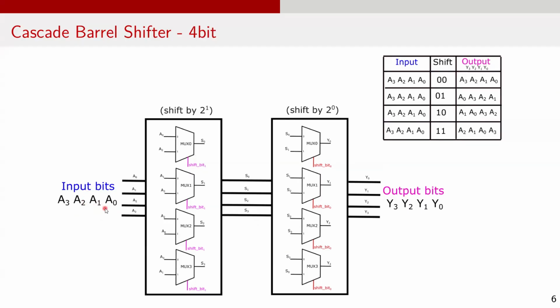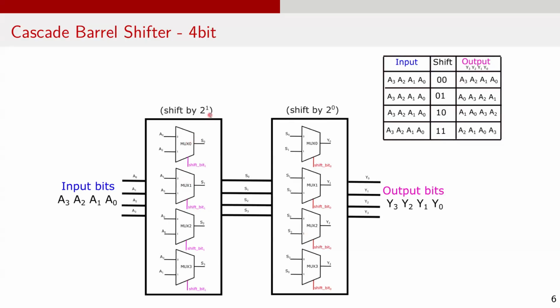For a 4-bit input, the data can be rotated by 0, 1, 2, or 3-bit positions. To represent these four possible shift amounts, we need a 2-bit shift control signal, which we'll call shift bit 1 and shift bit 0. This barrel shifter is implemented using two stages of multiplexers, each stage responsible for a power of